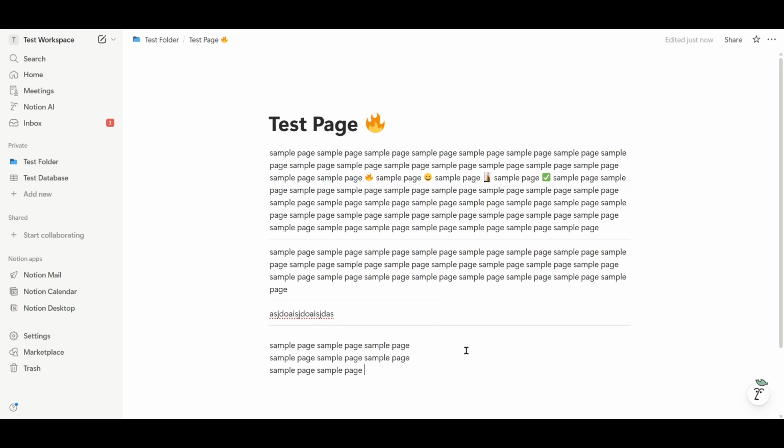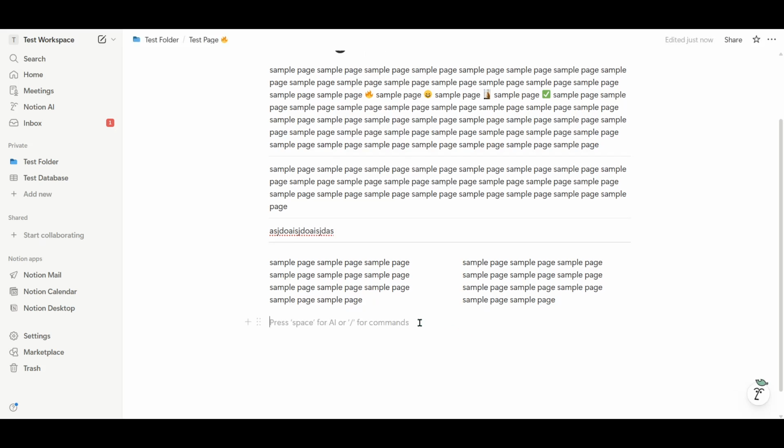without extra characters. Next, make sure there aren't any indents if you want the divider to span the full width of the text field. An indent can happen if the line is nested under another block or shifted to the right. Look at the left edge of the divider. If it's pushed in, it's indented. Place your cursor at the very start of the divider and remove the indent so the line aligns with the main left margin. Once it's flush, the divider will run cleanly across, giving you that full-width look that separates sections